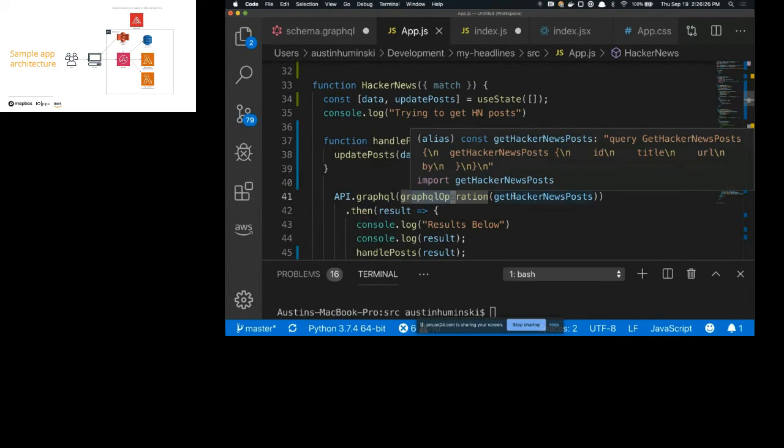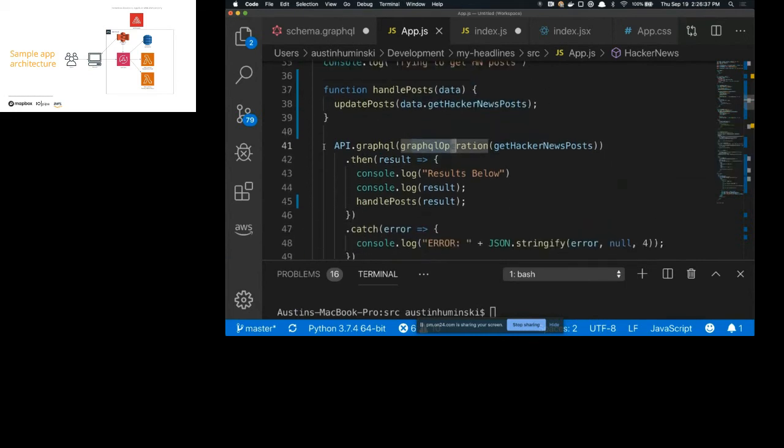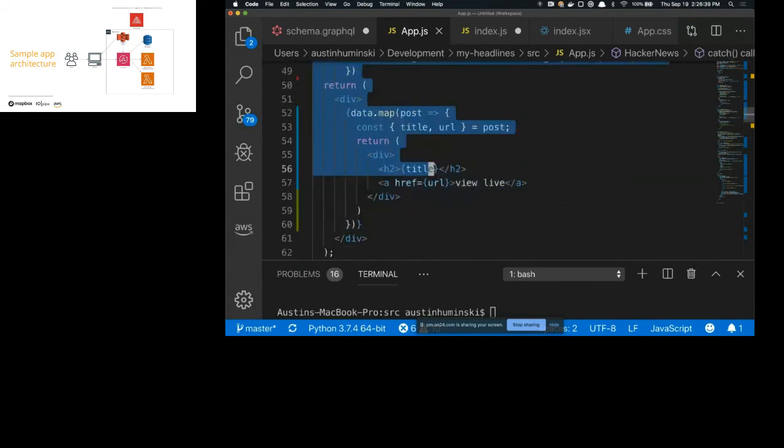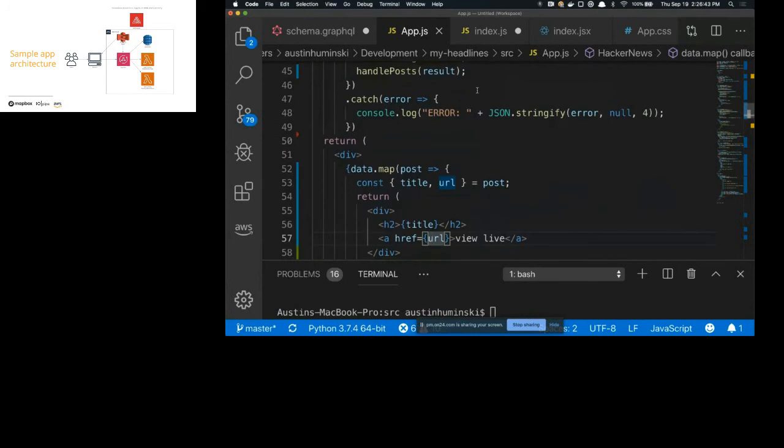Amplify, when you create and push it up, auto-generates all these GraphQL queries for you. So you just have to import the query itself and then call it directly. So when this is happening, it's invoking a Lambda function and returning the results for me to display later onto the screen.